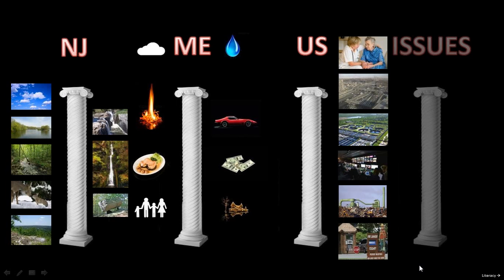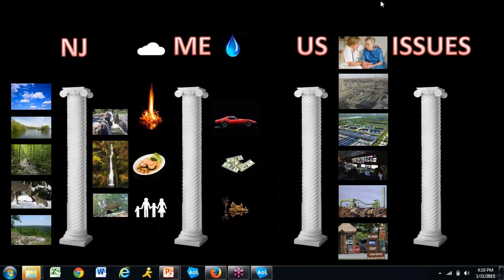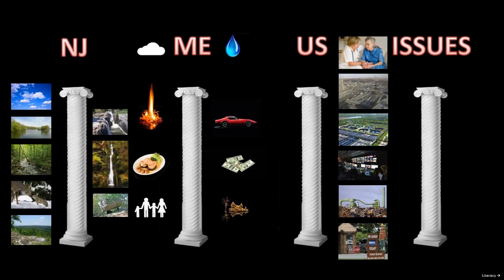Now the last pillar here represents the different issues. Now unfortunately this is in the way. Move that over. And bring up some of those issues. Now these again relate to what we do here, is usually I do this on a smartboard or on a chalkboard or on a big whiteboard if I'm in a classroom.